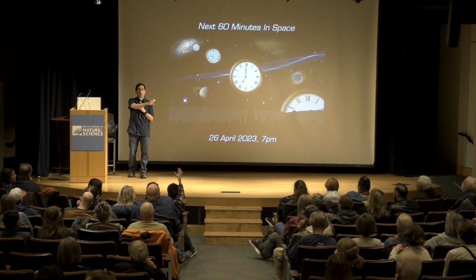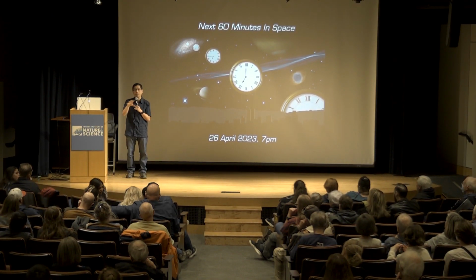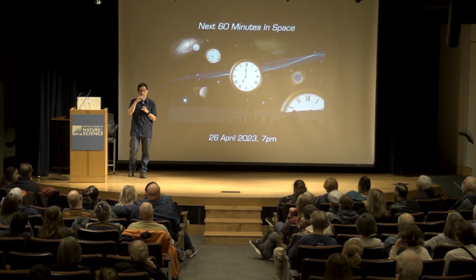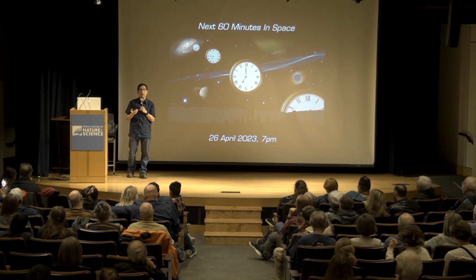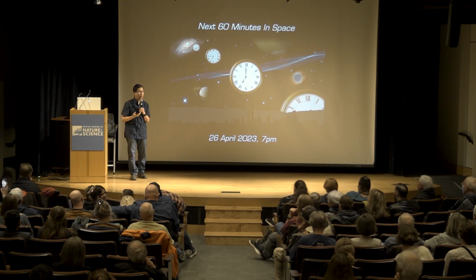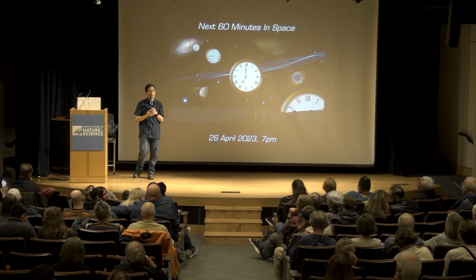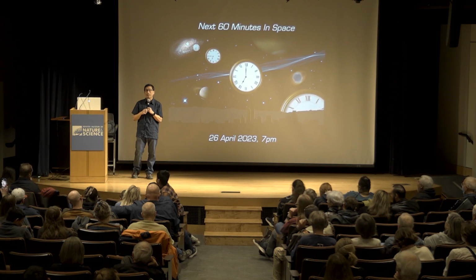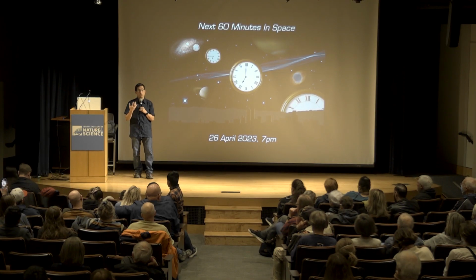But the charged particles can travel many thousands of miles per second, if not tens of thousands of miles per second. And those particles can take multiple days to get to the Earth. It does turn out that these particles can have an impact on the Earth, just because so much of our modern society relies on electrical power, on electric transmission lines moving that power around, and on a lot of equipment that can actually be affected